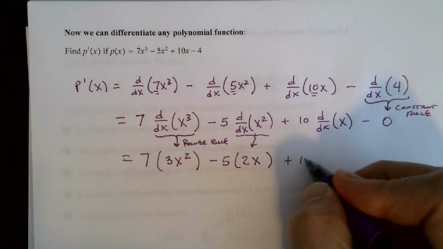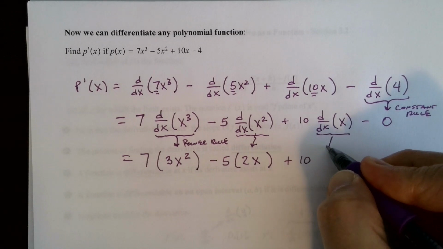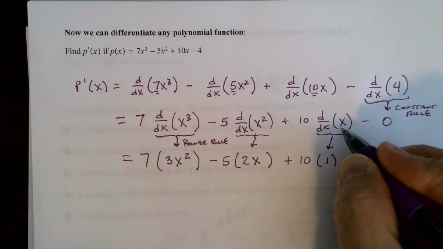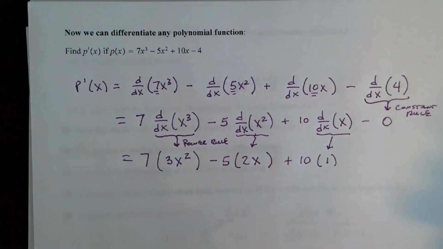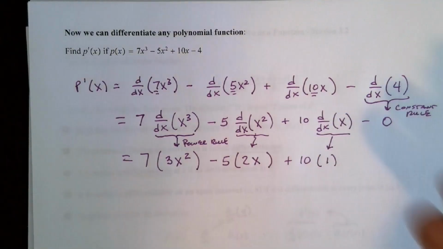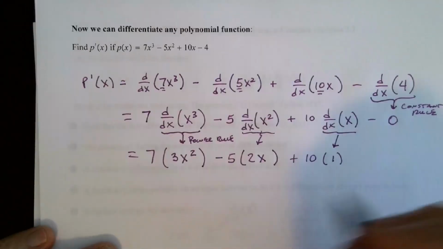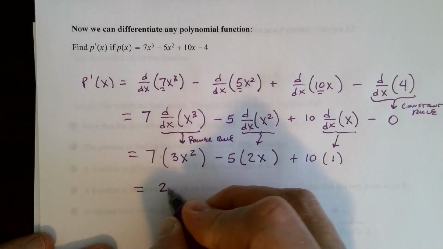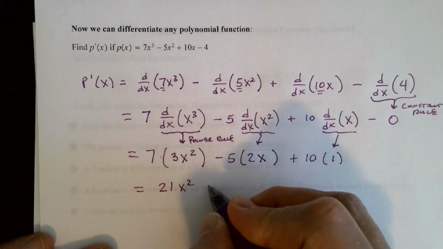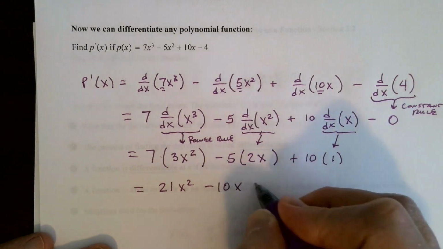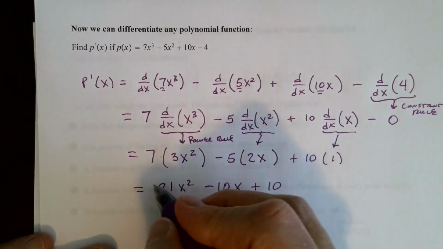And then plus 10, what's the derivative with respect to x of x? That's just 1. This is a line of slope 1, right? Or you can use the power rule. You can bring the 1 down. X to the 0 power is 1. I get 1. Of course, this was 0. Clean this up. 7 times 3 is 21x squared. 5 times 2 is 10. 10 times 1 is 10. There is my